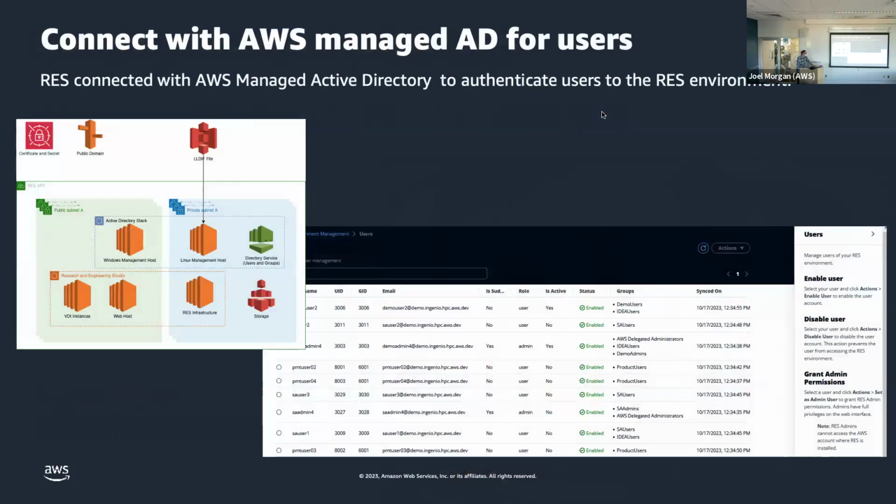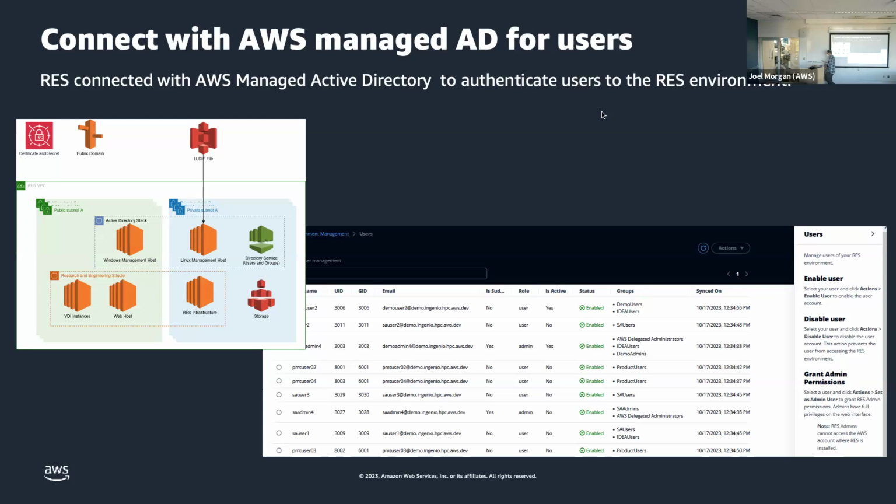So yeah, another diagram using our different icons, but then you can see here the UID, the email, the role. I can see this user is currently active, they're enabled, they're in these groups, and this was their last one. So you can very easily enable and disable users as people come and go in your lab, as opposed to having to go into IAM and things like that. It can all be done